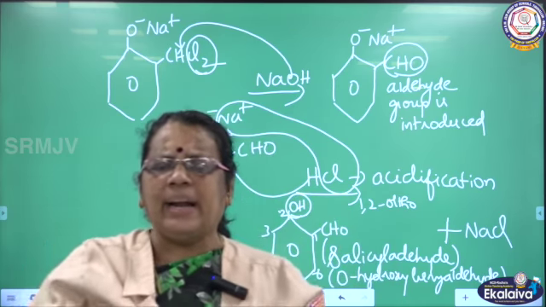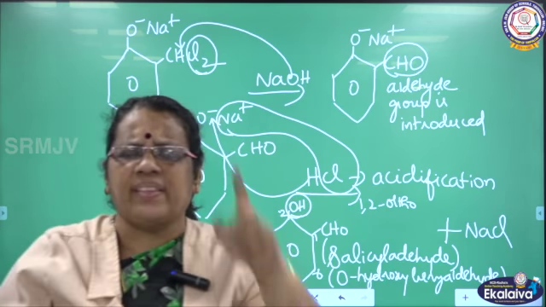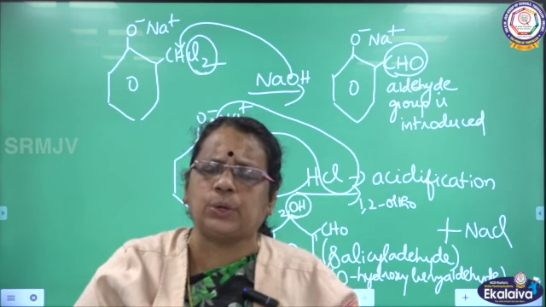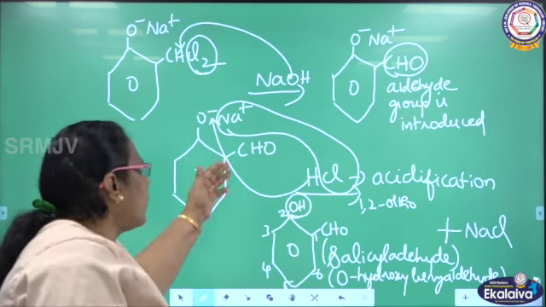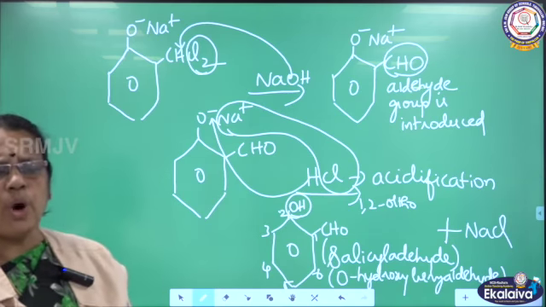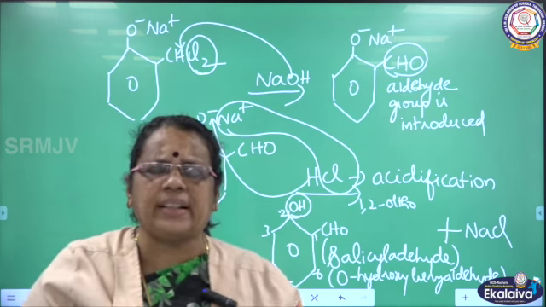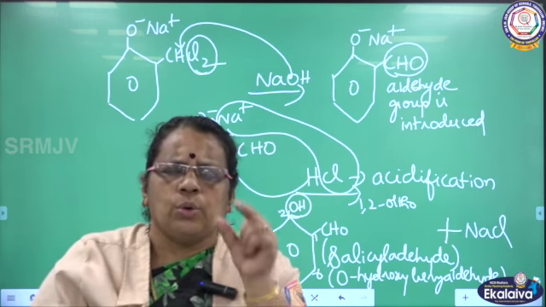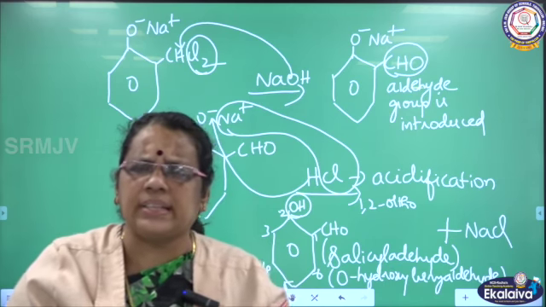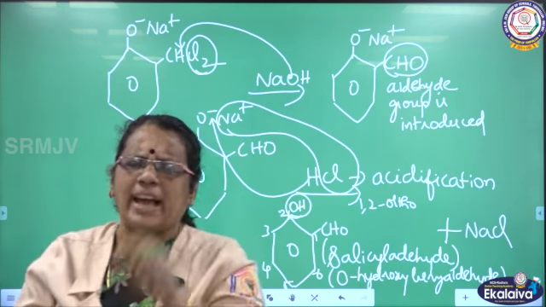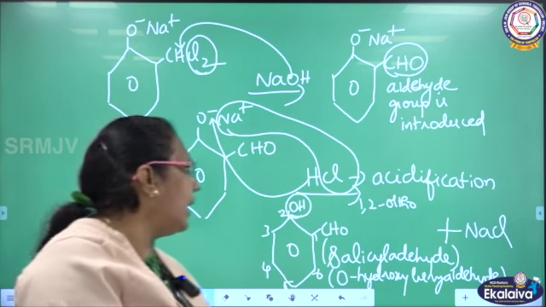So you will be getting an intermediate with benzene ring, O minus Na plus. Towards the second carbon I have CHCl2. What is the next step? It is added with one more molecule of sodium hydroxide. So when one more molecule of sodium hydroxide is added, the CHCl2 in the second carbon loses two chlorine atoms. In that we are substituting oxygen. What is that CHO actually? Aldehyde group. I am introducing an aldehyde group.